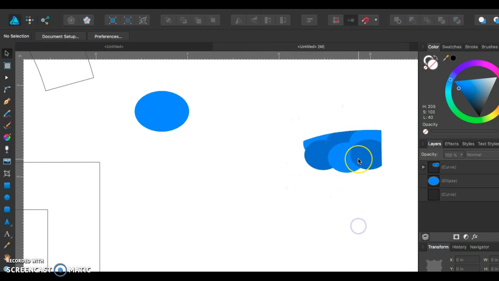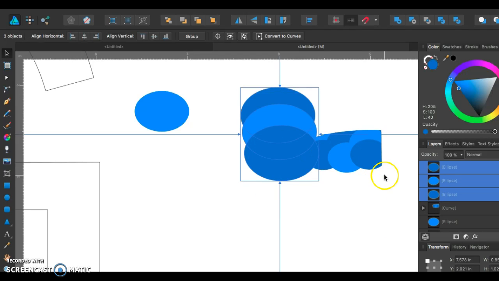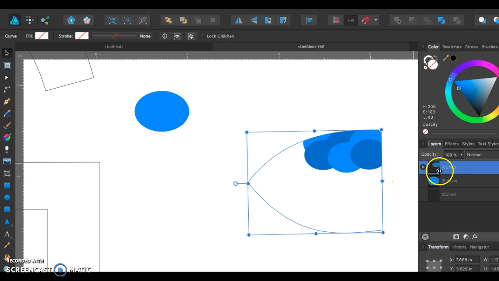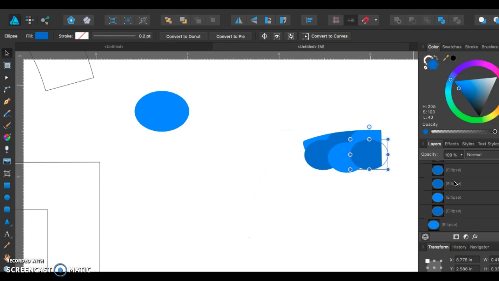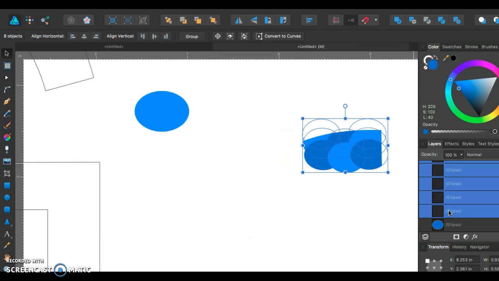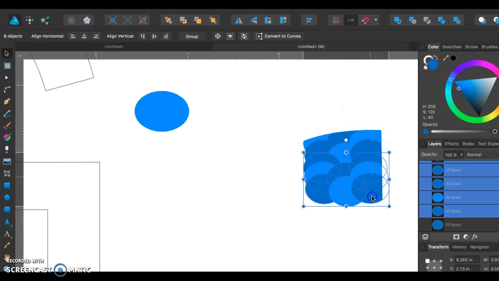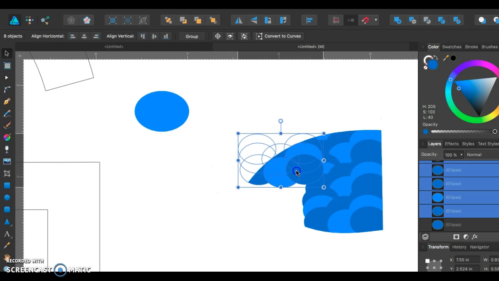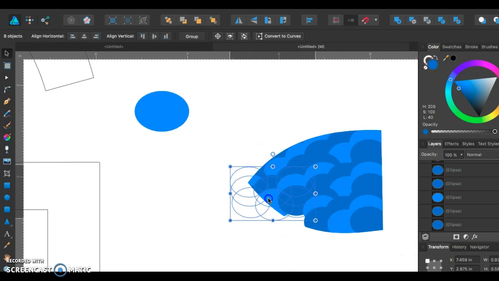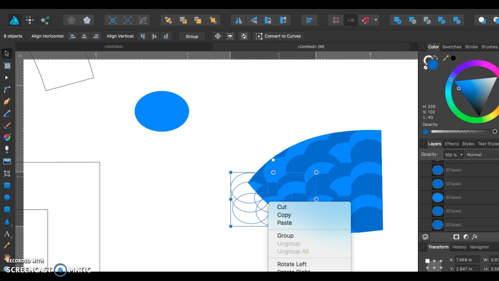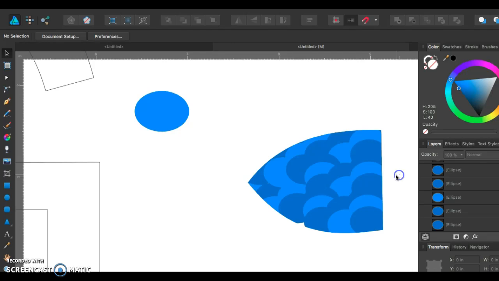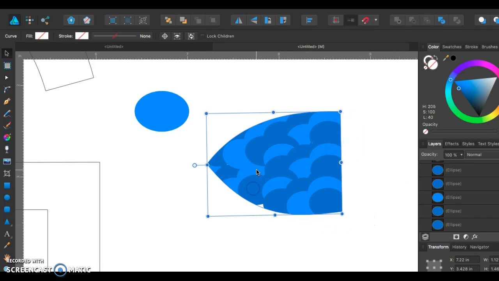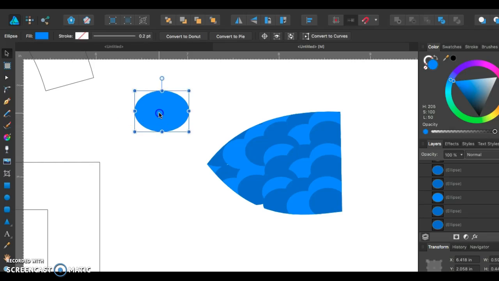One thing I'm not happy about is just how they're not standing out, so I may actually go back in and redo that pattern, but let me see how it looks when we fill it up. Move it back. Does that kind of look like fish scale, guys? You look like a whale. And then I just go